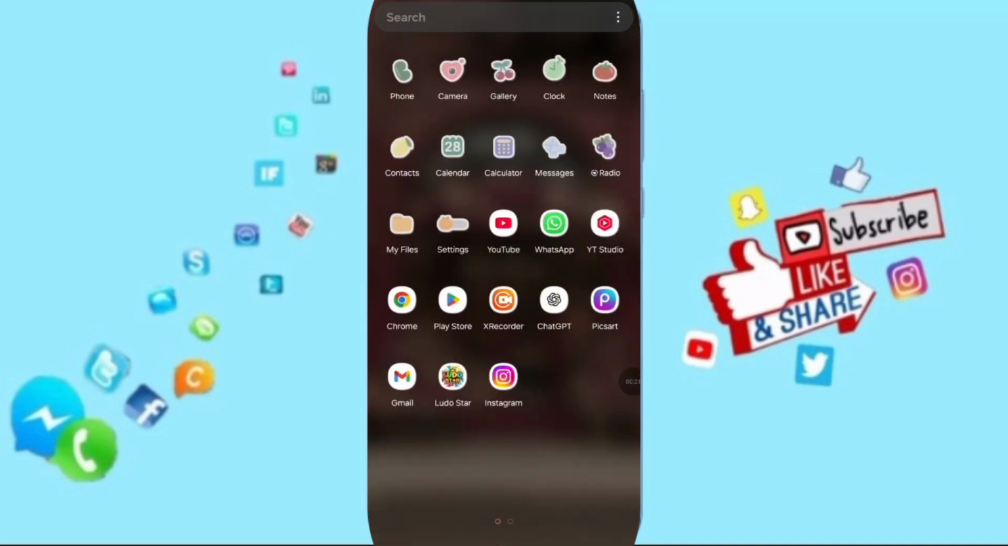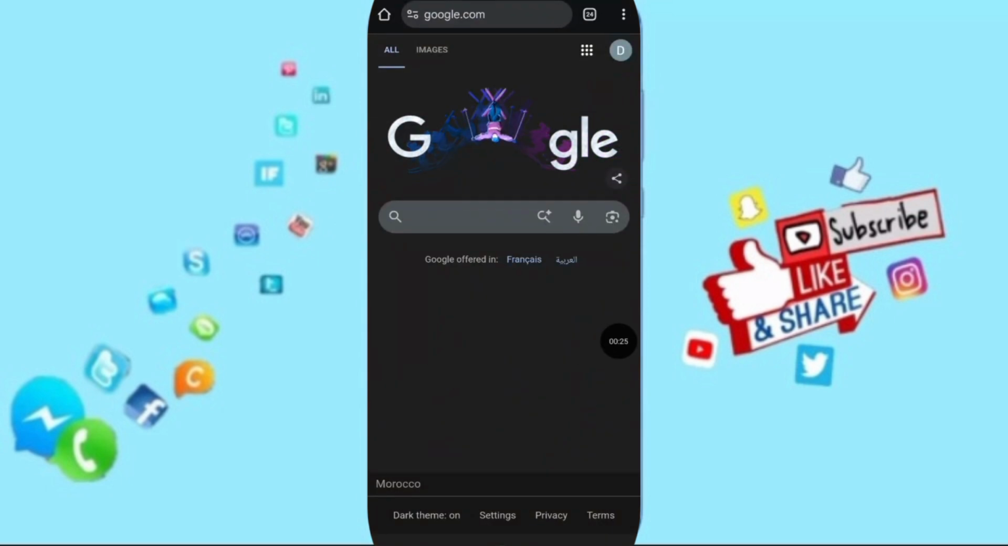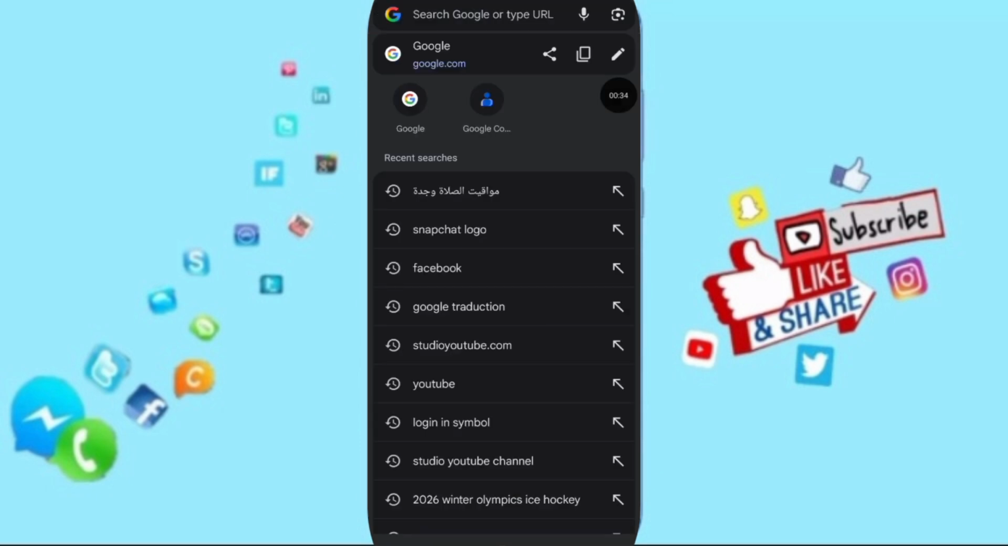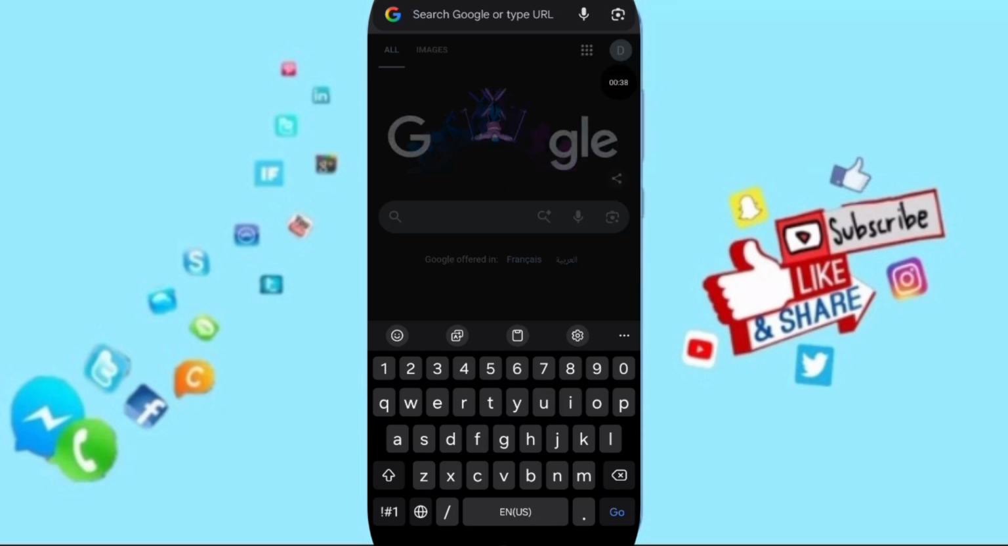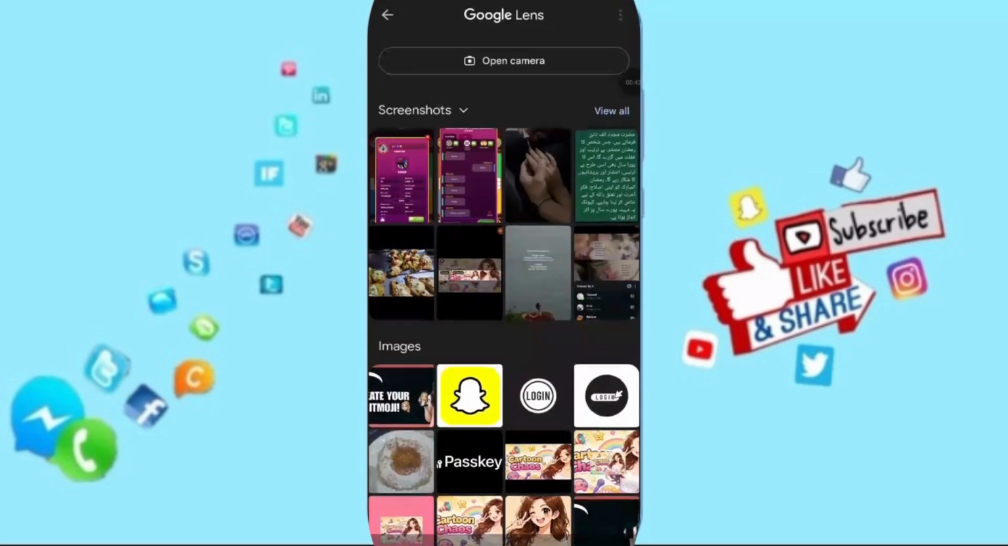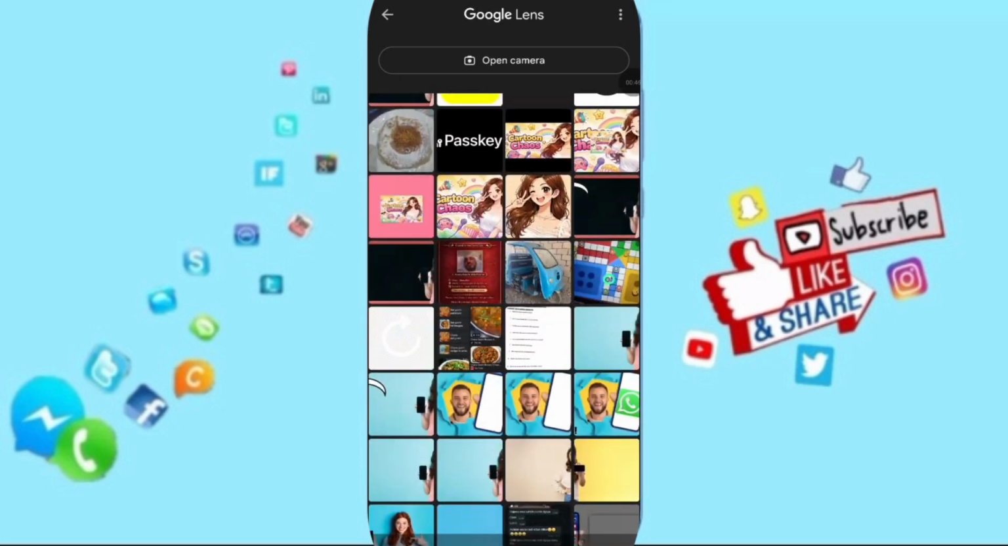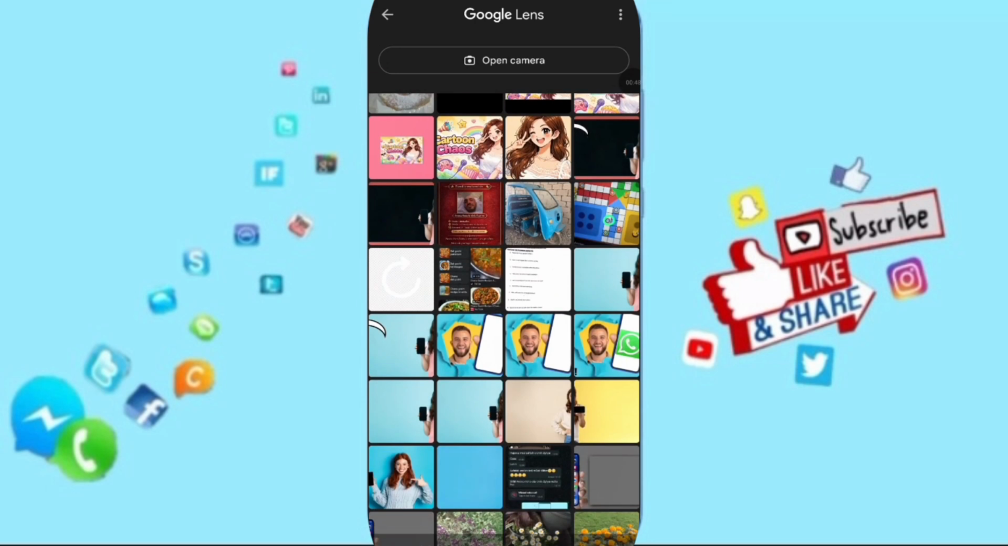The first thing you have to do is to go to Google Chrome, as you see. Then here, on the first page of Google Chrome, you will find it here, as you see, as a camera, or you can go above and you will find it here also. So we click on this camera sign of Google Chrome, and then they will show you your gallery, and you will choose the picture that you want to check